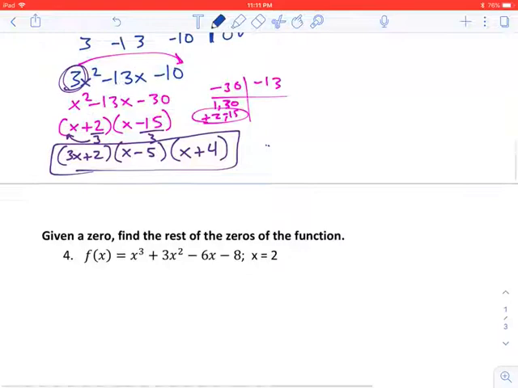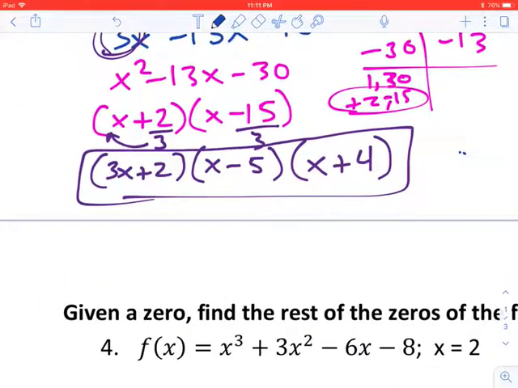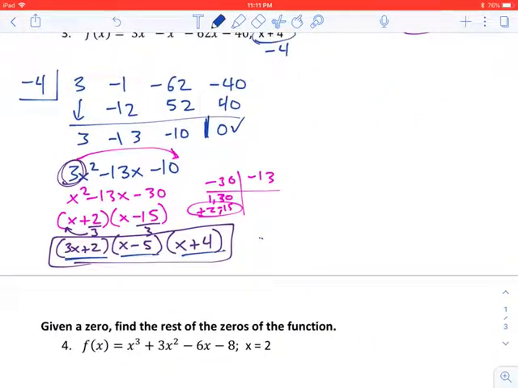Okay? So, for instance, the zeros here would be whatever you get when you make each of these equal to 0. So, like, the zeros for that one would be, for the last one here, x equals negative 4. x equals positive 5. And then this one, you subtract 2 and then divide by 3. You get x equals negative 2 over 3. So we didn't have to do that on the front, but that's kind of how this is going to work